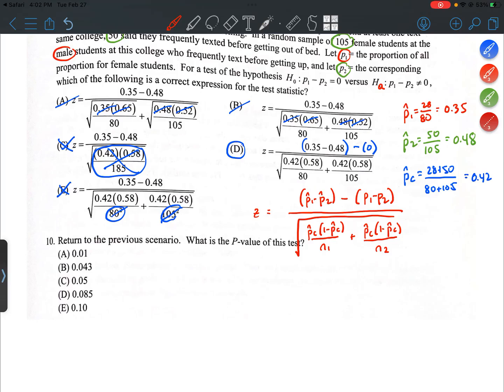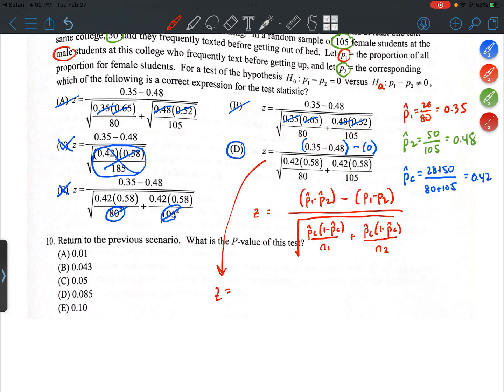Question 10. Return to the previous scenario. What is the p-value of this test? Okay. So in the previous question, we determined that choice D would give us the correct test statistic. So when you plug this into the calculator, you end up getting